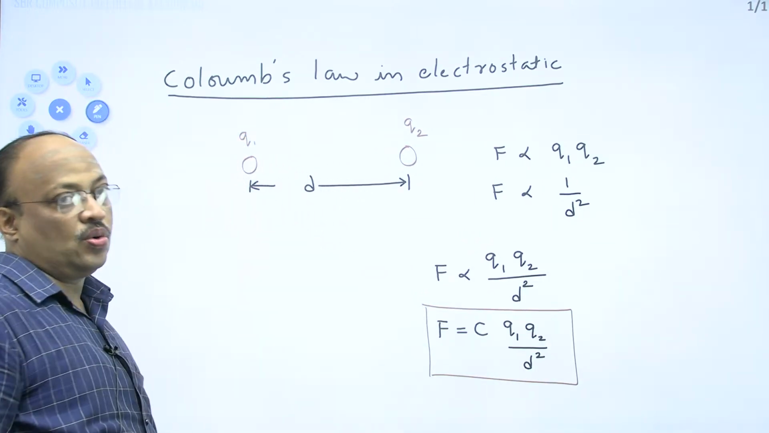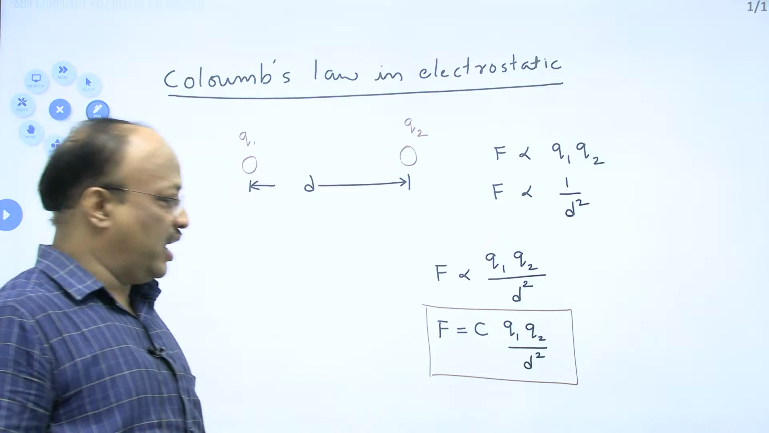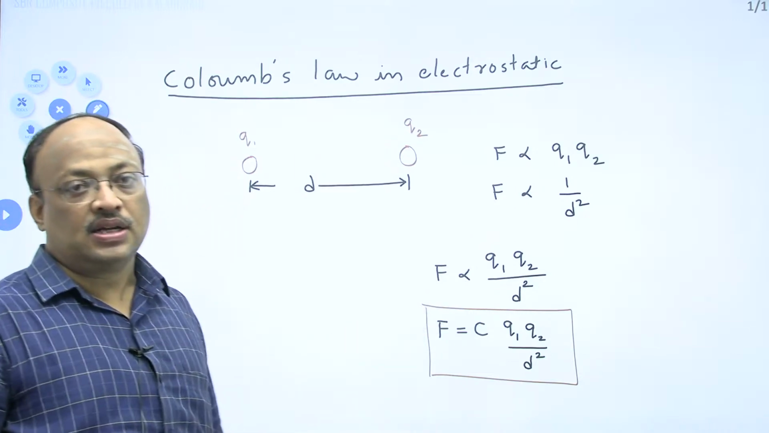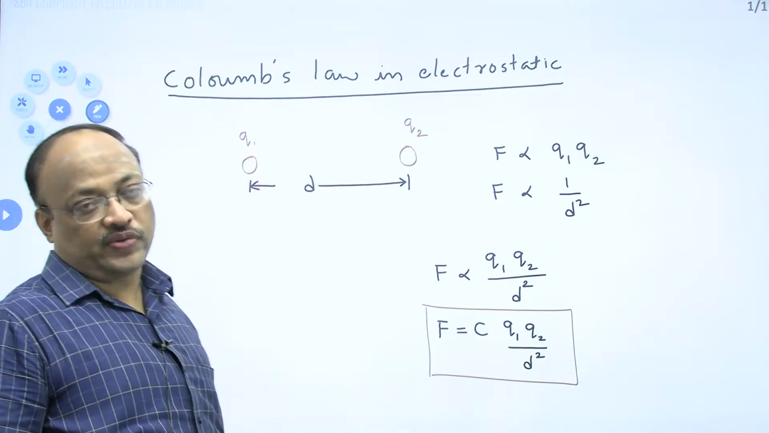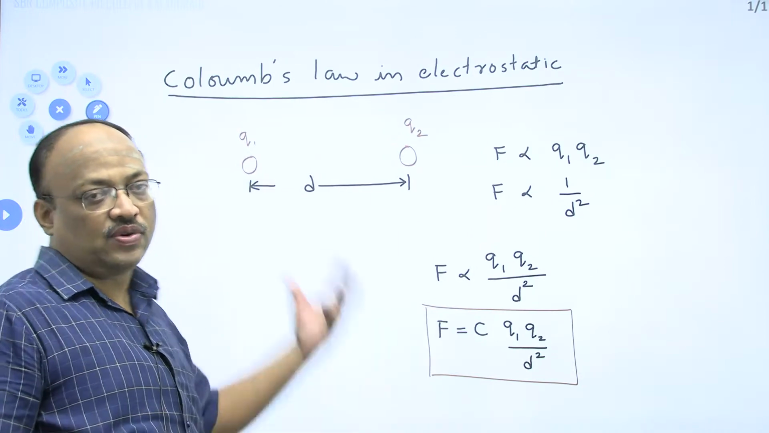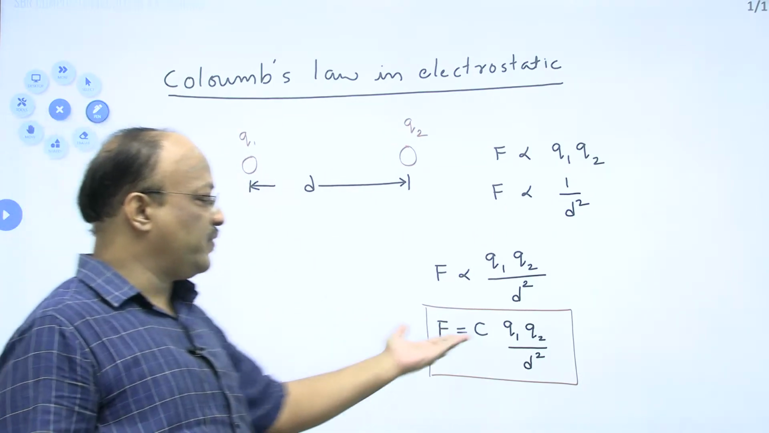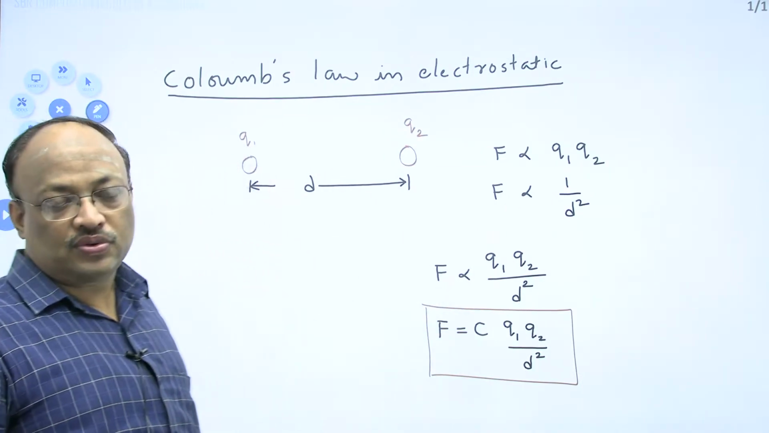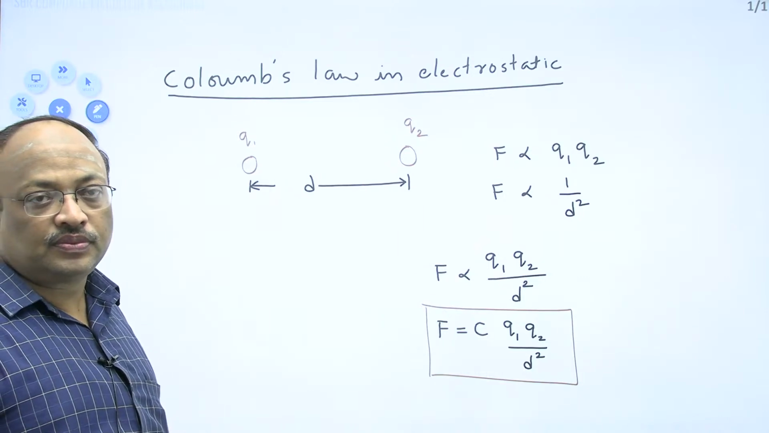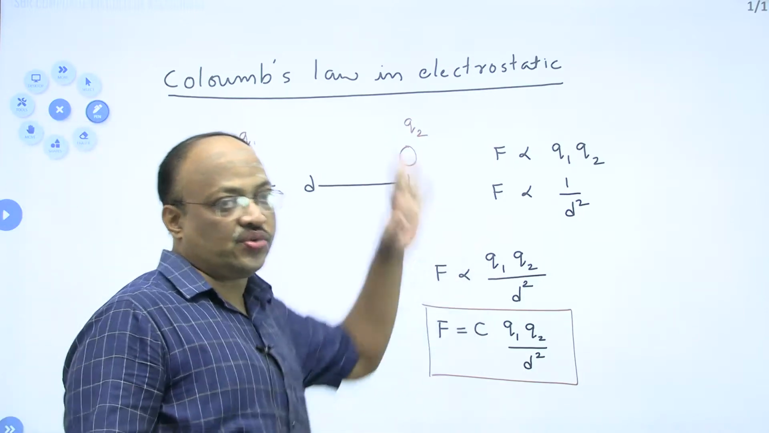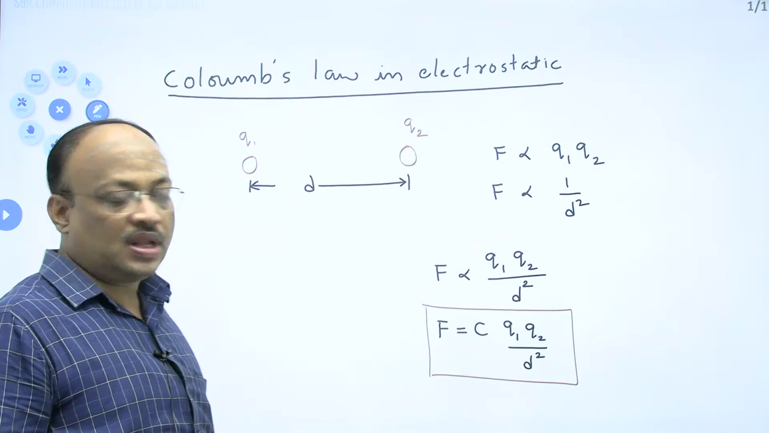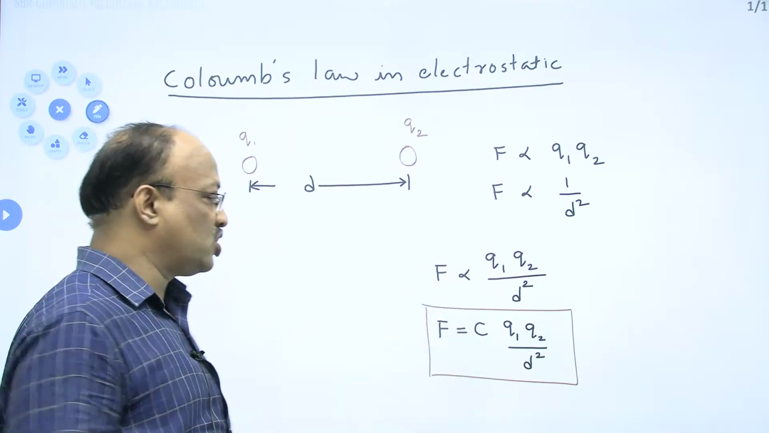This is our Coulomb's law, and this force we call the Coulombian force, a force of attraction or repulsion. In CGS unit, this proportionality constant